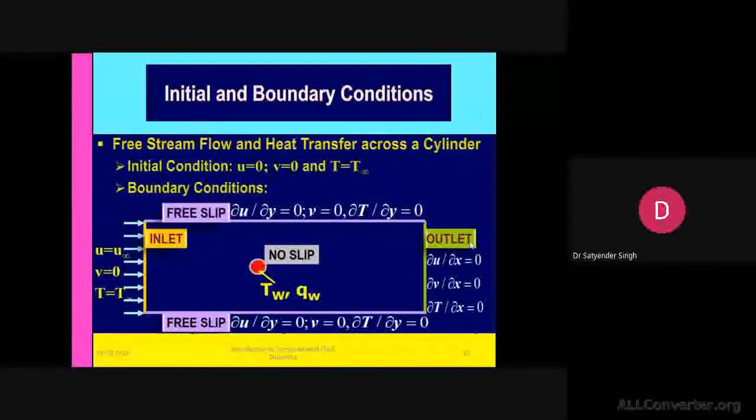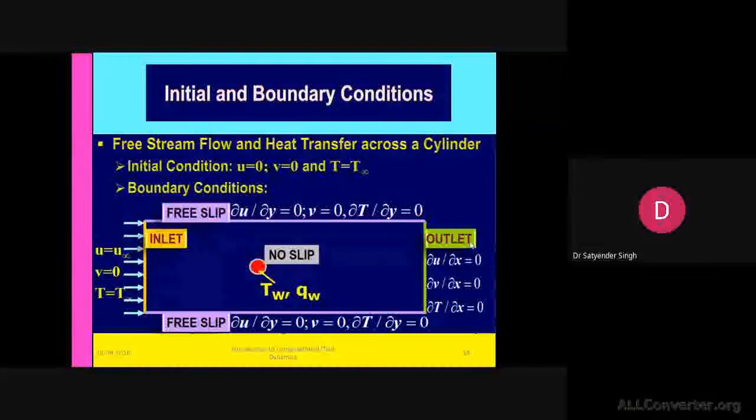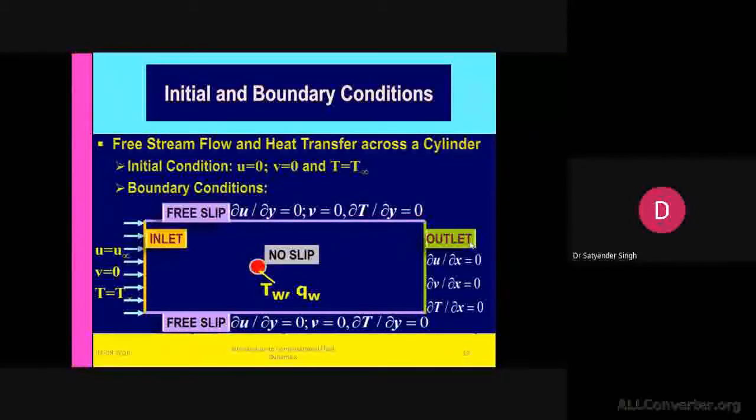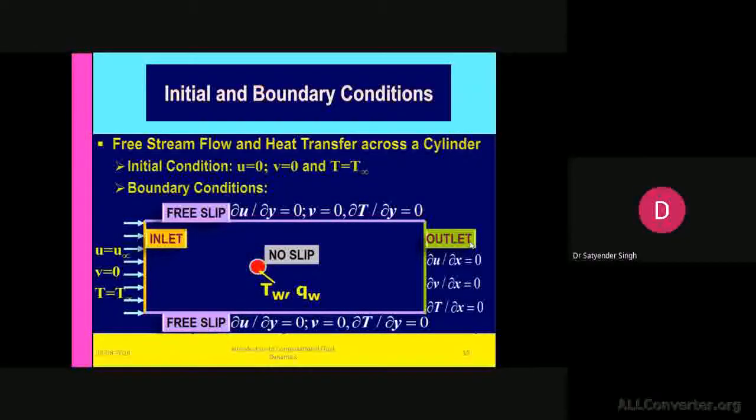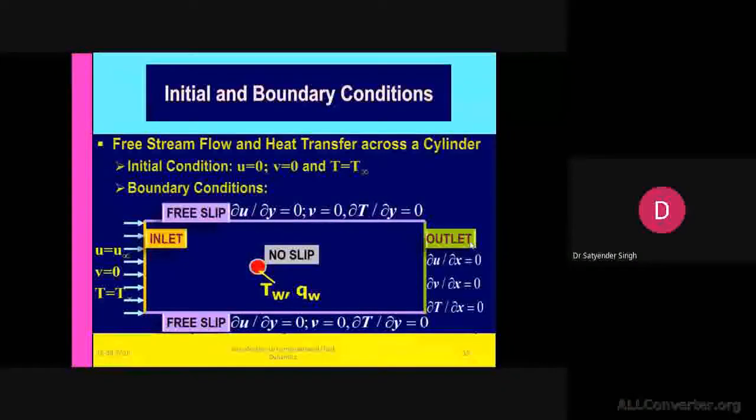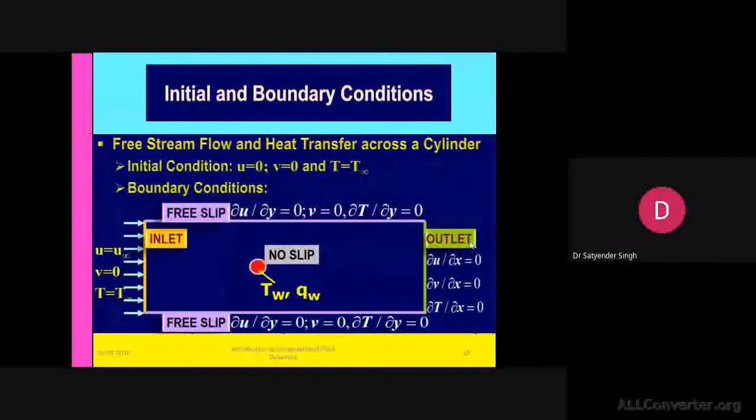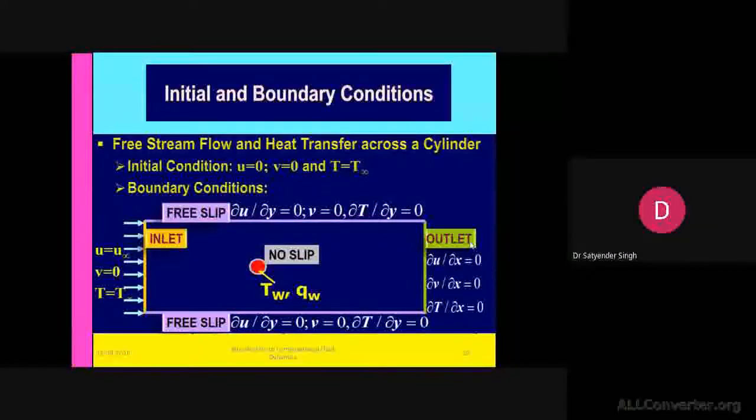But before that, I will discuss the initial and boundary conditions. Here I am going to discuss one problem which involves heat transfer and fluid flow as well. Let's say we have to analyze the fluid flow over a solid cylinder, but that solid cylinder is at a particular temperature due to some volumetric heat generation. And for the fluid dynamics aspect, we have the no slip boundary condition where fluid is interacting with the solid surface because of the shear.